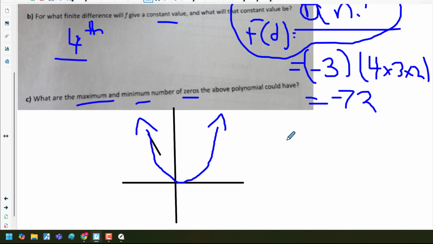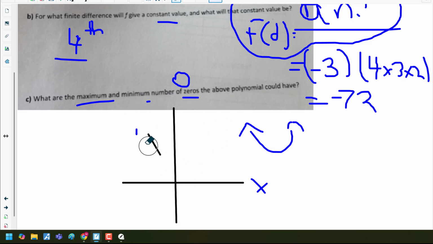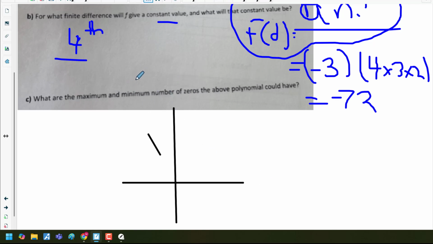And in that case, it doesn't have to lie on the x-axis. It could also just be above or below. So that would be a minimum number of 0 zeros, because any even function doesn't have to have an x-intercept. So its minimum is 0, and the maximum it can have